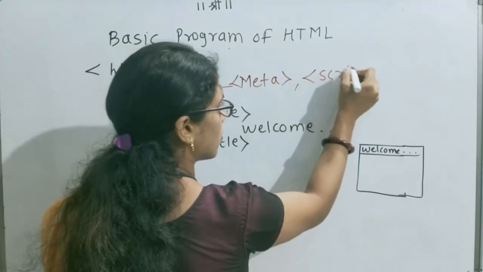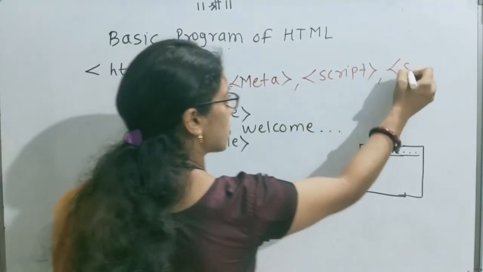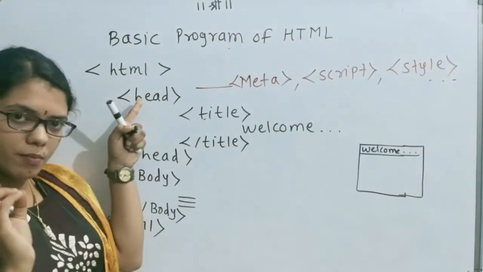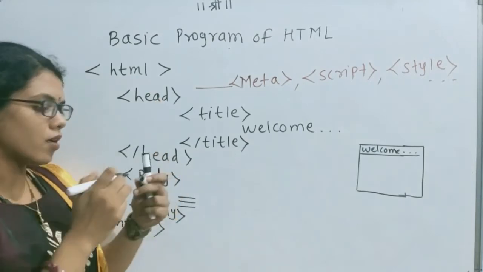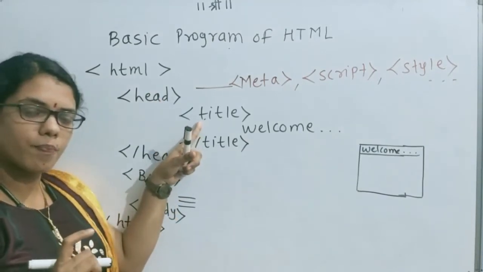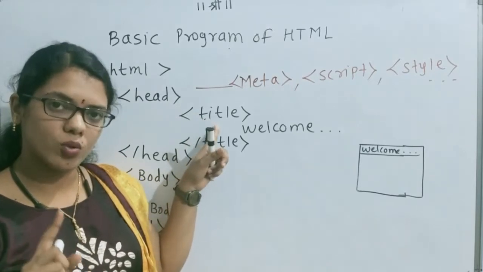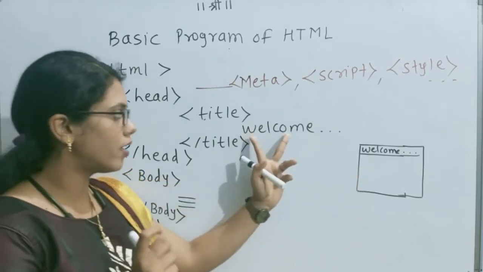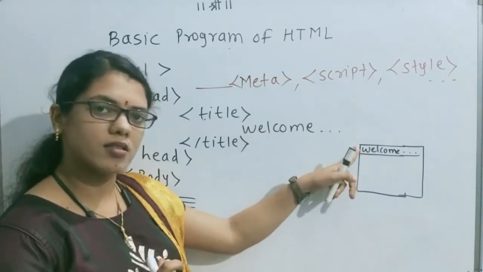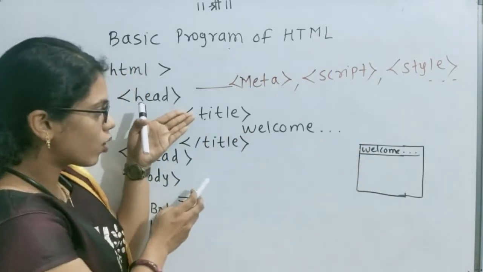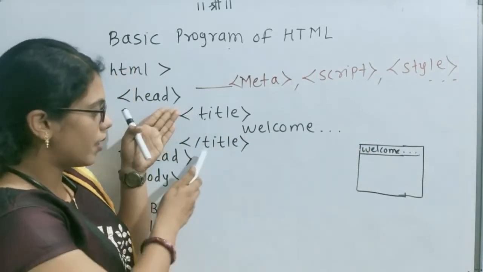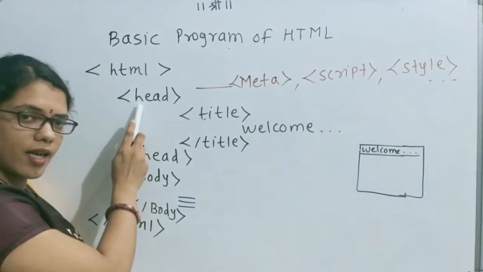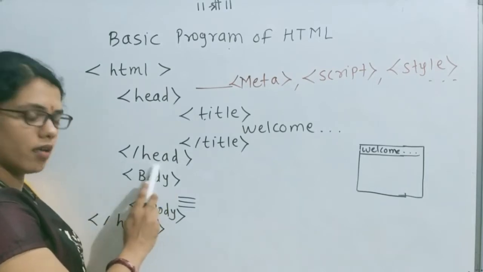script tag, then style tag, and many more tags are present inside head. Second, the title tag. The opening of the title tag is used to give a title to our web page. So the element content of the title tag is displayed directly inside the title bar, and the effect of that title tag is terminated by the closing of the title tag. Similarly, the effect of the header part, the head tag, is terminated by the closing of the head tag.